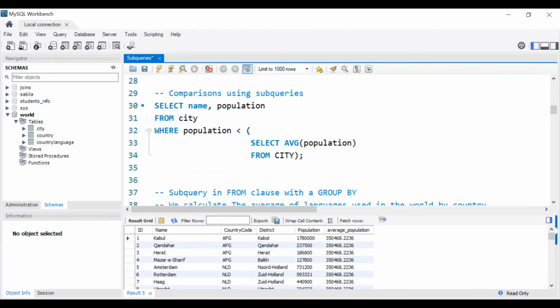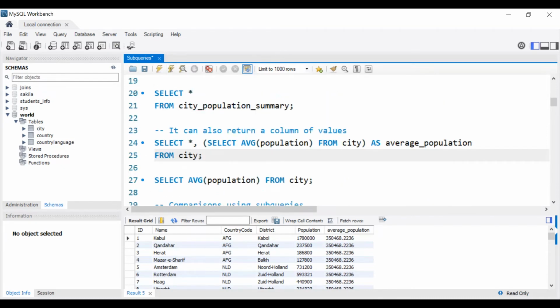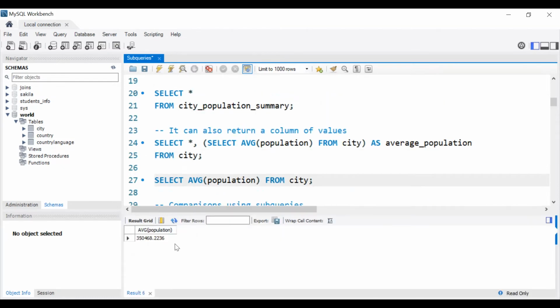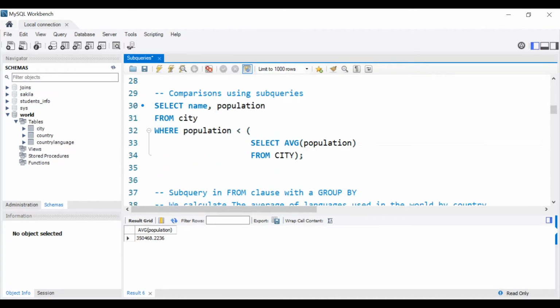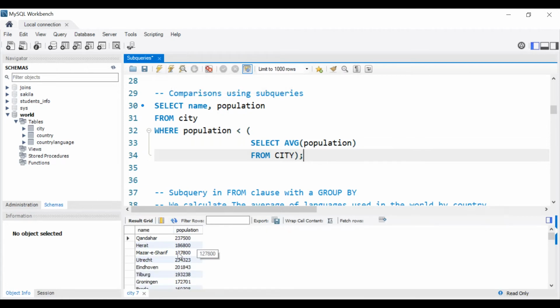Now, when we use subqueries for comparison, here we have calculated the average. Okay, it will give us a single value. We are going to select the name and the population from the city table where the population is less than the average. So this is select average population, this is the subquery, and it has this following value. Now if we execute that, we'll get all the cities that have a population which is less